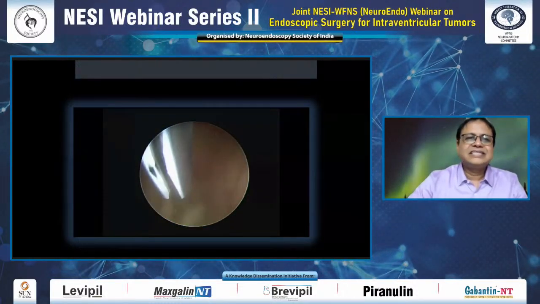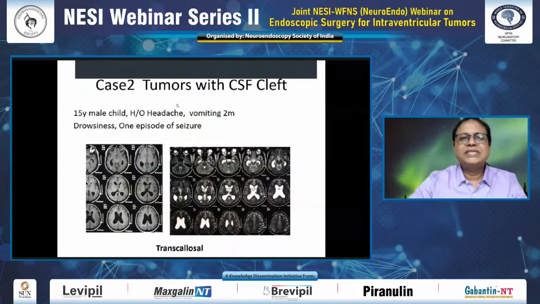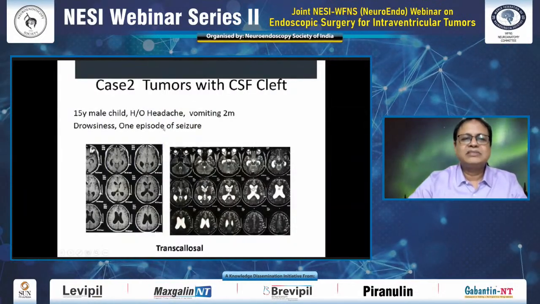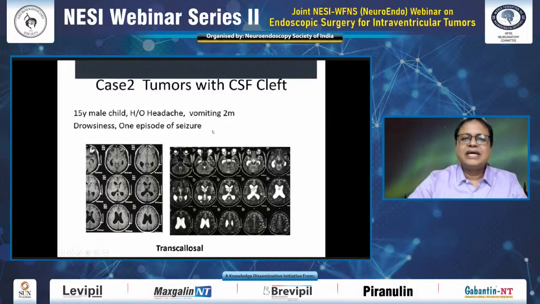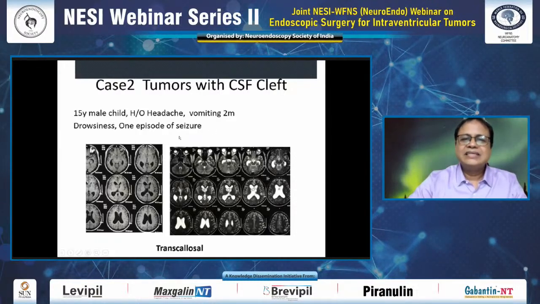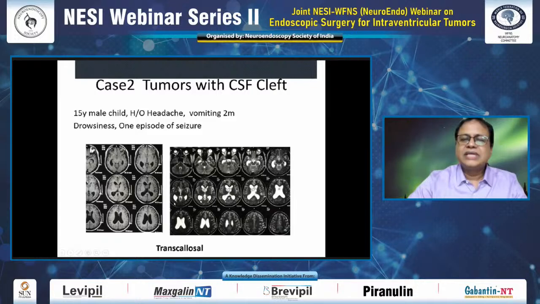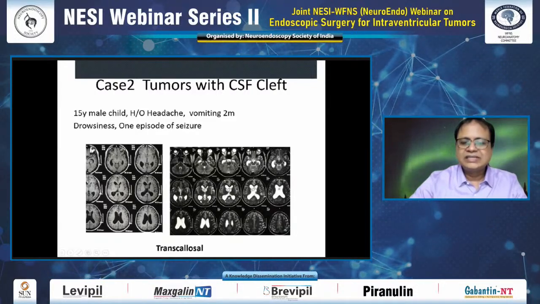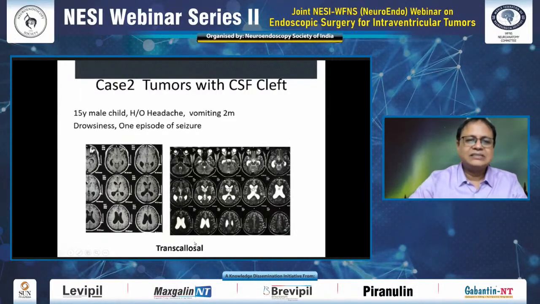Now this is the second case. This is a 15-year-old male child with headache, vomiting, and drowsiness with 1 episode of seizure. And this was the scan. And here we find that there is CSF cleft all around. And it's more than 3 centimeters. So we did a transcallosal approach. And this